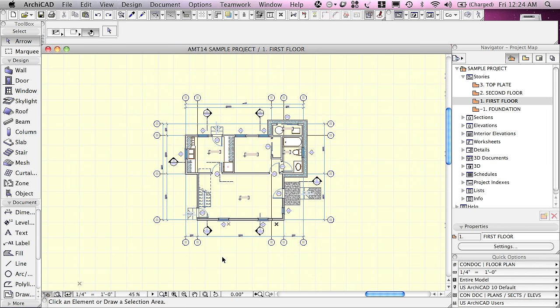So we are looking at the floor plan of the building. Over on the right side, we'll see that we're in the first floor of the story. So we're in the ground floor, as it would be called in other parts of the world, of a two-story building with a roof and a foundation. And we have some sections cut through the building, drawings showing the building